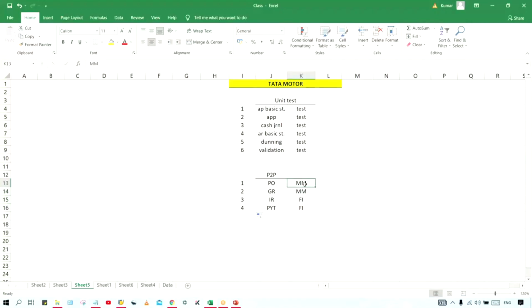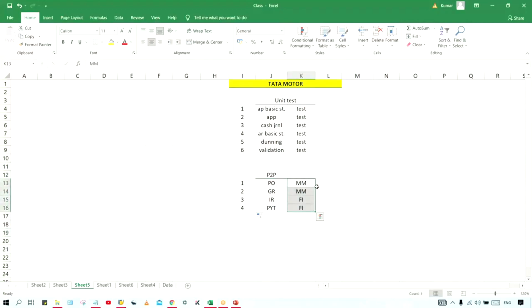Even we have O2C, order to cash, but that is going to be discussed in detail later. In purchase, P2P is going to be followed, right? In sales, O2C is going to be followed. This is the classic example of integration test. Integration test means what is happening, guys?